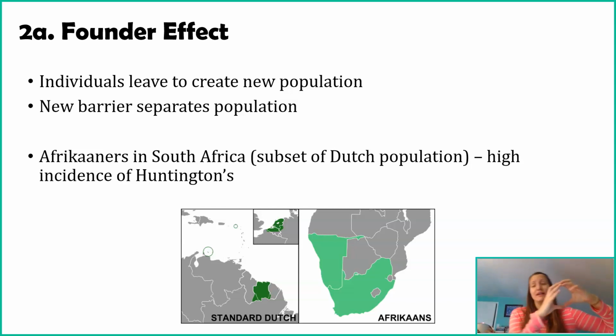Here we have the Netherlands. They have a large population, lots of genetic variants, lots of people, but then a small subset of them, essentially colonists, went down to South Africa. So literally very large distance. That's what their barrier is. It's just all of this land. Go down to South Africa just to establish there. And what's really interesting about the Afrikaners population, so Afrikaners referring to this group of people from the Netherlands, is